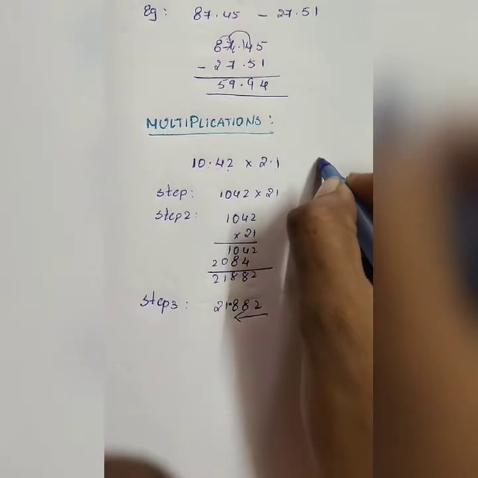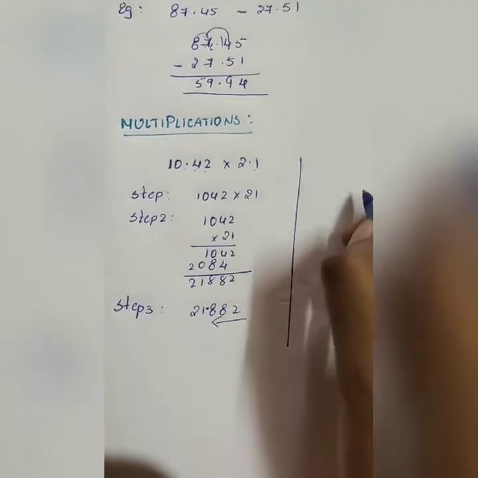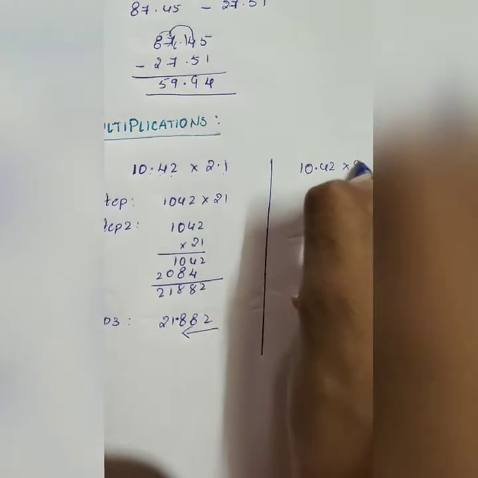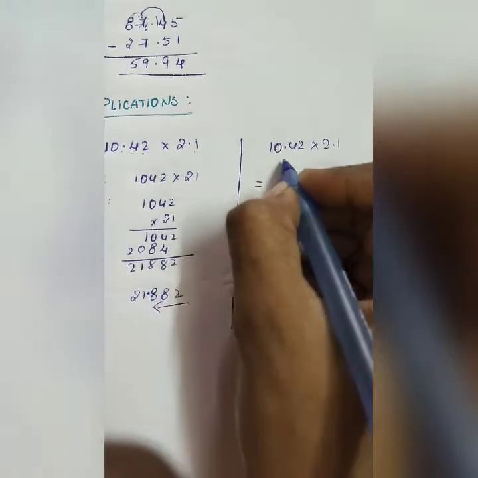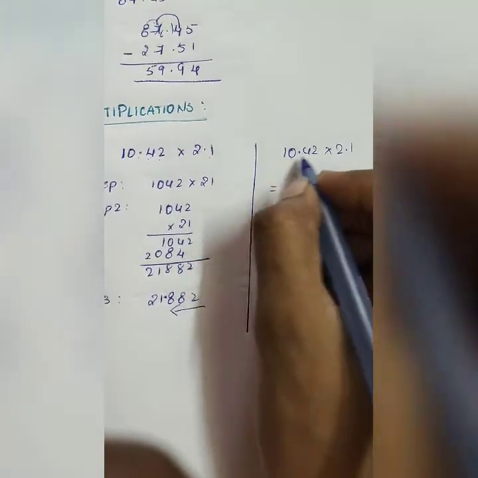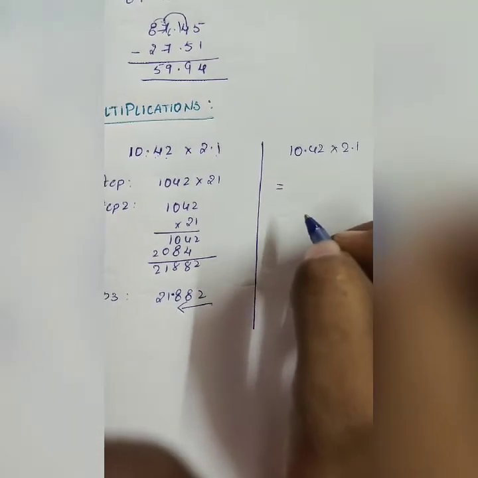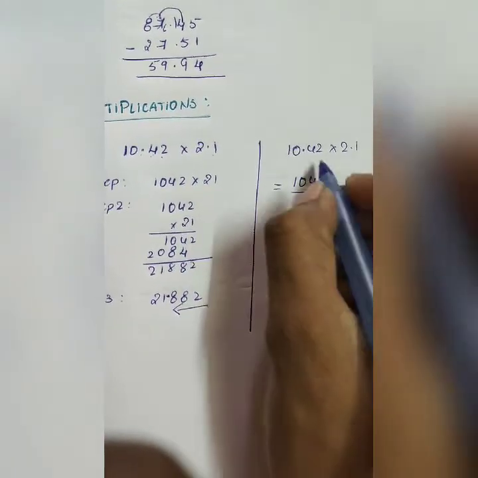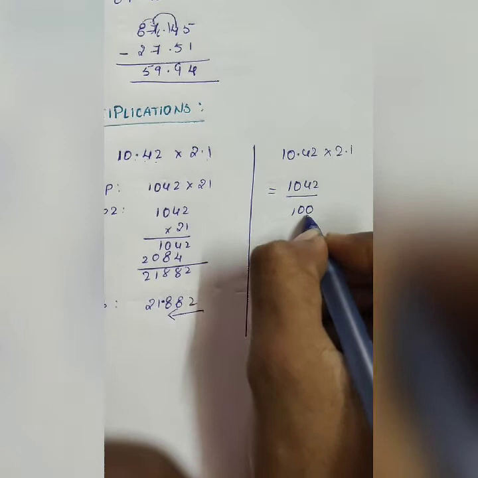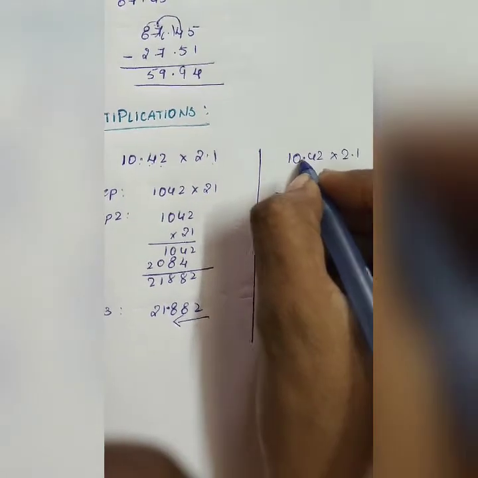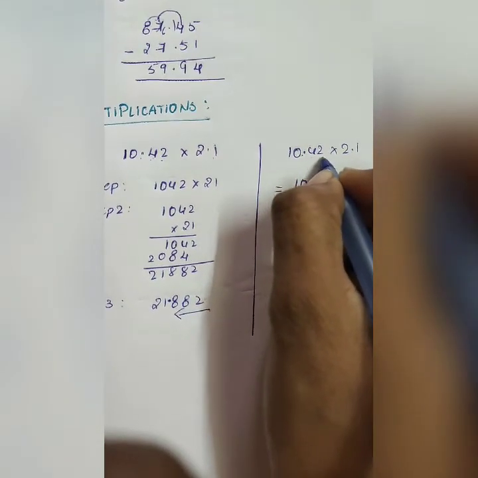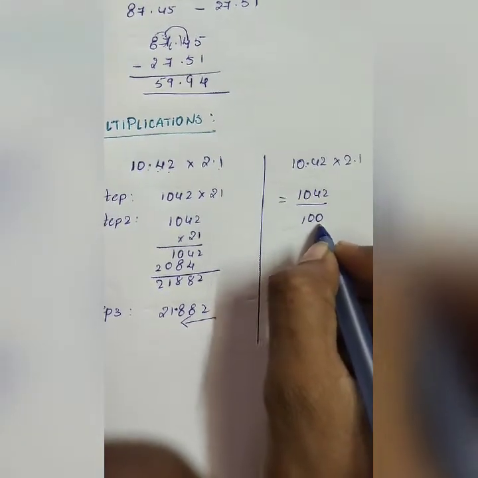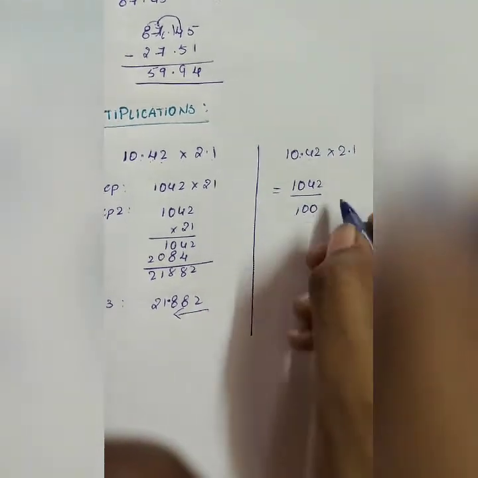Now we will see the conversion method, which you learnt in the decimal division. See, now how can I convert these two decimal numbers into fractions? Exactly, 1042 by 100. Why did I write 100 here? Because after the point I am having two decimal digits. How many digits? 2. So 2 zeros must be there in the denominator. So 2 zeros means 100